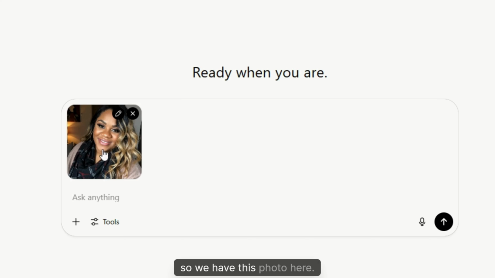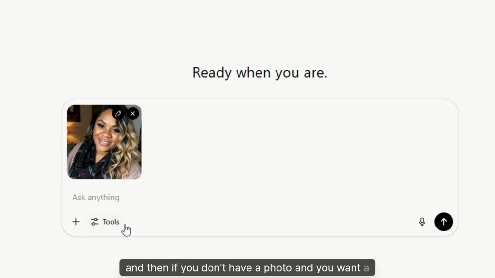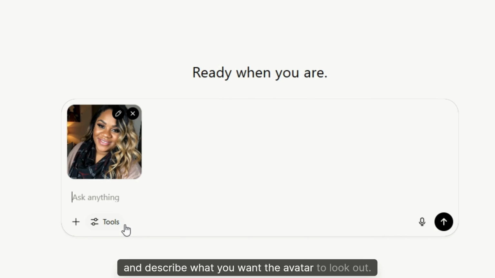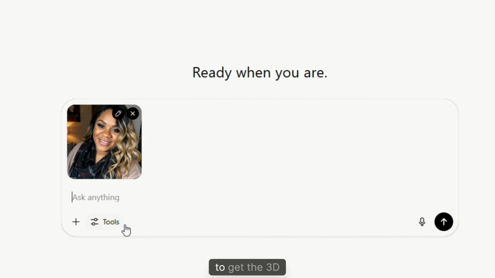Okay, so we have this photo here. And then if you don't have a photo and you want a different type of avatar other than a replica of yourself, then you can just go ahead and type in and describe what you want the avatar to look like. Now, to get the 3D type of Pixar character, all we're going to say is